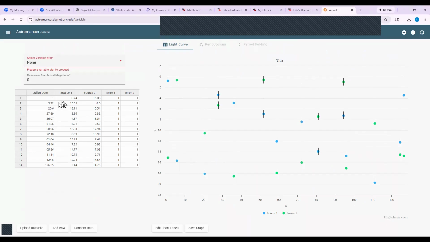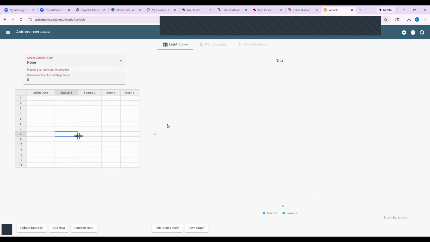And here, as you see, the item we need to capture is the Julian day for source one and source two. And this is the kind of thing that we need to populate. As you see in this picture, there is a graph that comes from the previous data that we had here. Therefore, here you can easily delete those, and then you have nothing here. Then you go back to the,